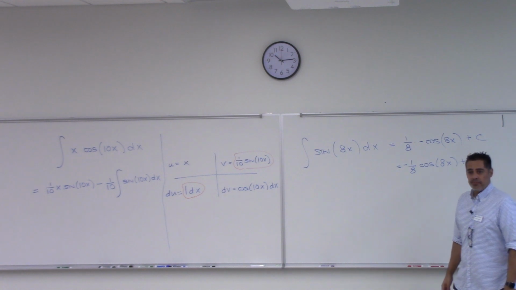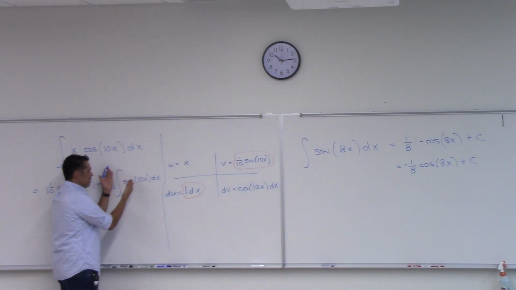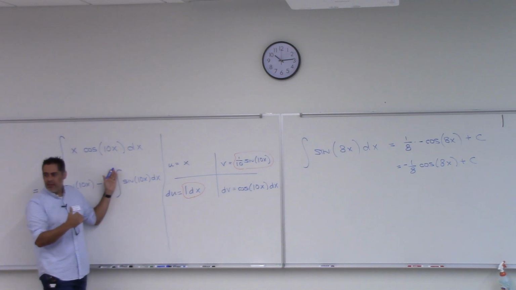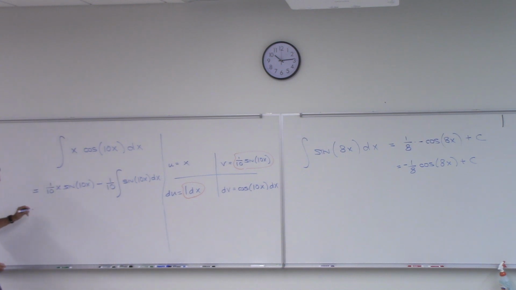Questions? Do you know how to do this? The antiderivative of sine of a linear expression, right? Do you know the antiderivative of sine? Negative cosine. That's linear, right? So I'm going to need a scale again, 1/10. But I already have a 1/10 out here, so I'm going to have two 1/10s together. So here we go. 1/10 x sine 10x,